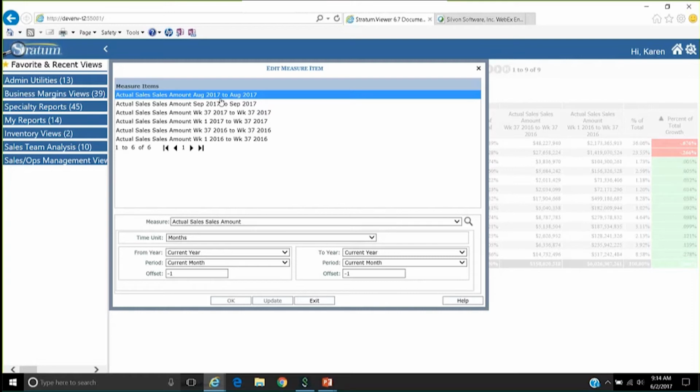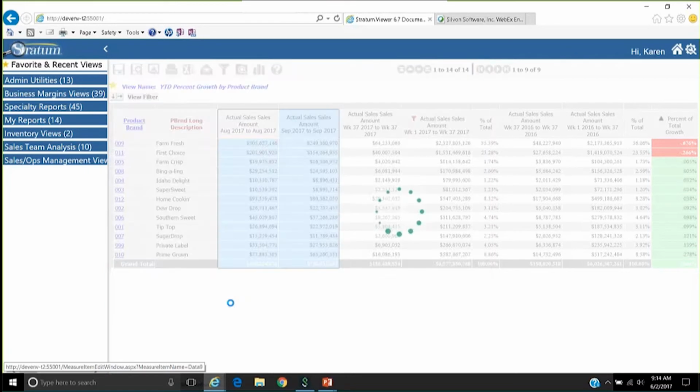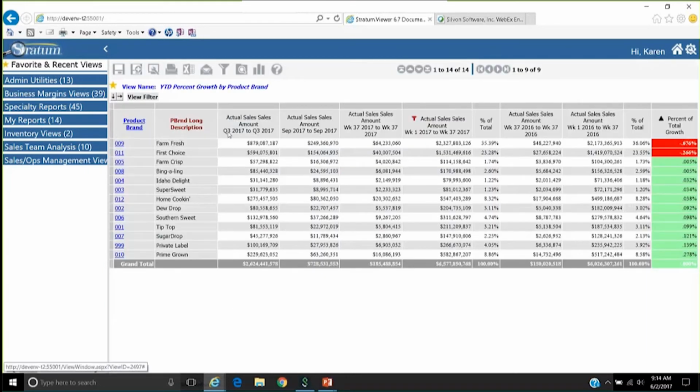I'm going to change this to quarters because I want to look at the current quarter of the current year. And my defaults go to that, so I don't have to customize that here. Click OK to update that. And now my view reflects current quarter, which is Q3 of 2017. You can also edit multiple measure items at one time, and I'll come back to that in a minute, but